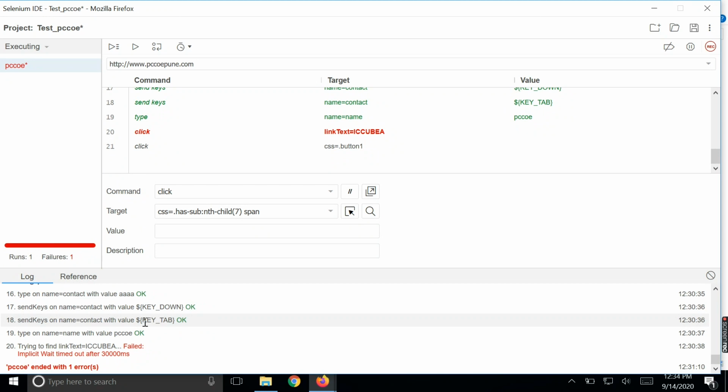So it's a plug and play tool which can check the interactions with the website and monitor UI based test cases, right? So with this we'll stop here. Thank you.